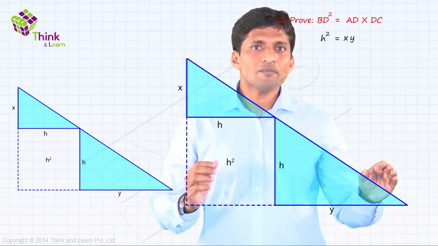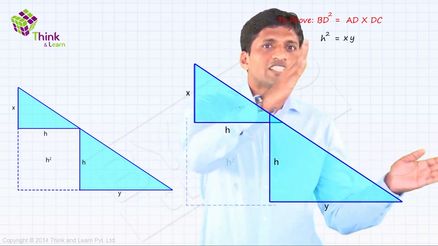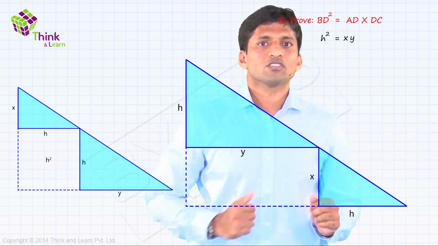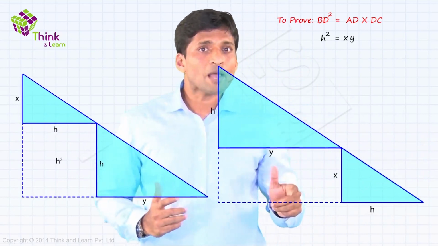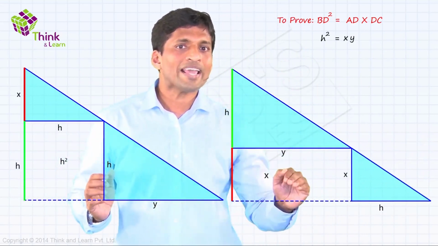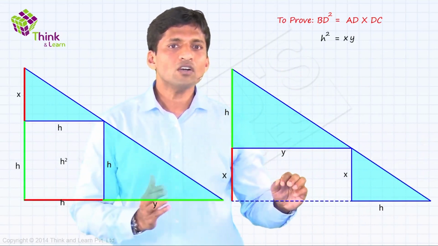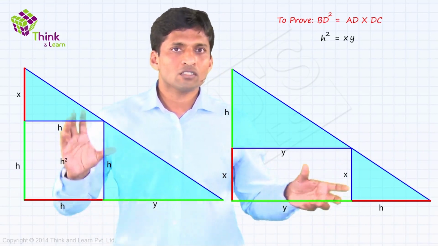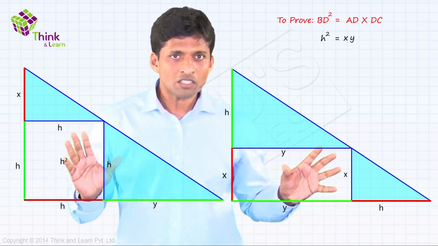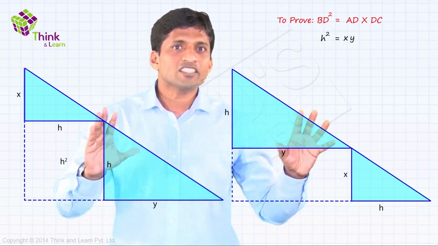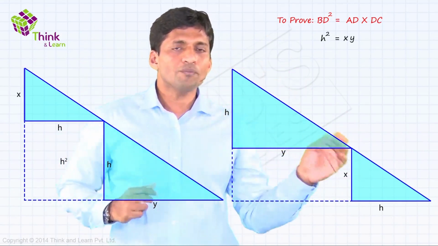Now in the second one, interchange the two shaded triangles like this. What is happening is XH here, the order will become H followed by X. HY here, the order will become YH. The total triangle, the length, the perpendicular sides, nothing is changing. Shaded regions are exactly the same, just that they are interchanged here.